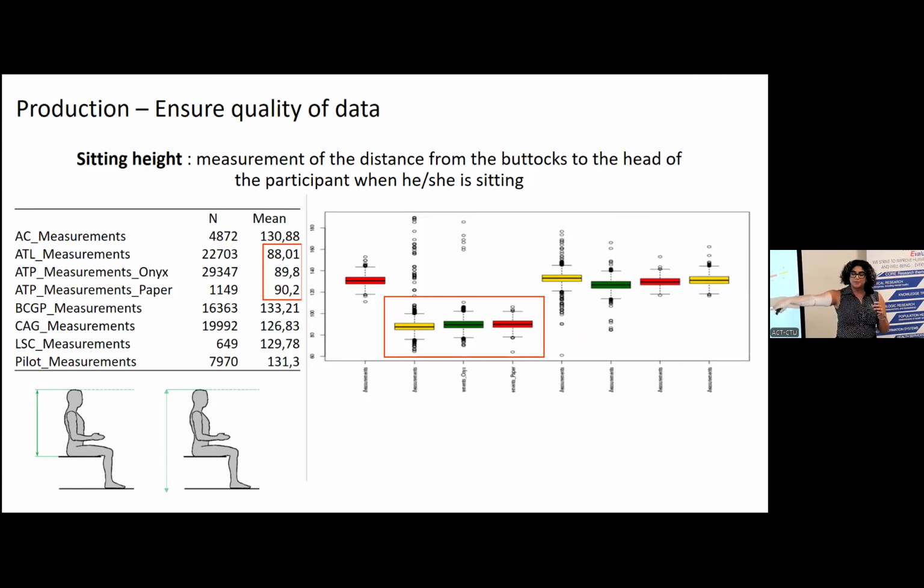And here, most of the centers forgot to subtract. They took the height from the head to the floor and forgot to subtract the height between the sitting chair and the floor. But when we first received this, since most of the centers had this wrong, we thought, oh, maybe people from, I don't know, Alberta or wherever are shorter, but it just seemed too consistent to be a fact, right? So then we had to investigate further and talk to the data managers, talk to the people who collected the data, and then understand that, oh, no, most people just forgot to subtract exactly like 40 centimeters or so.